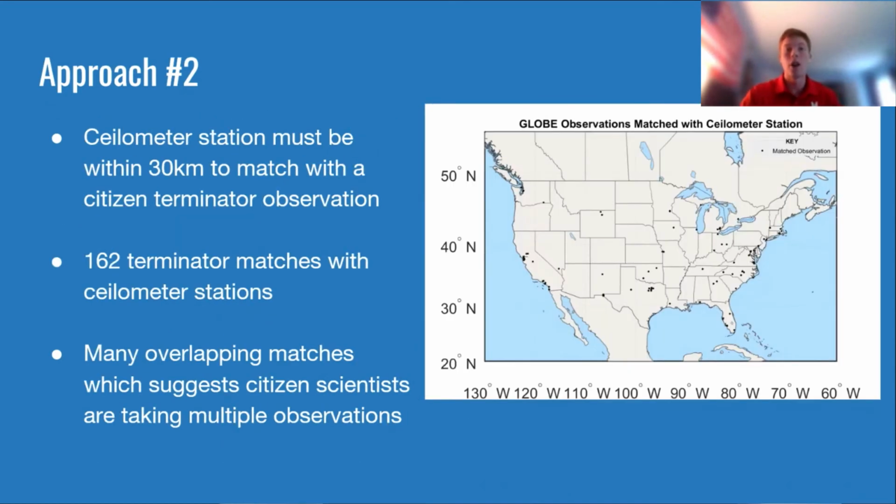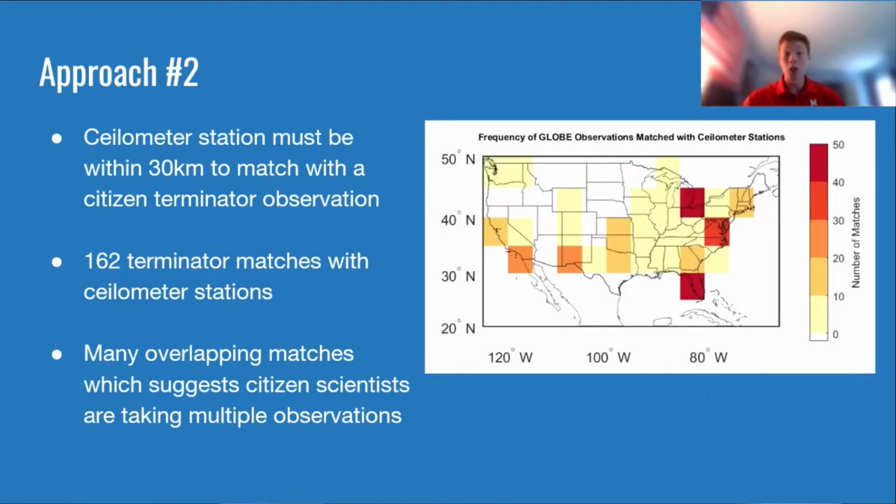This here is a graph of all the times ceilometer stations and citizens were matched. It may not look like there's a lot of matches, but that's because a lot of our citizens take multiple observations and contribute a large portion to our data set. So this, I think, is a better representation of what you're seeing. We have the heat map, where again, we do have the hot zones near Langley, Florida, Eastern Michigan, and Ohio. And that's because we have citizens who contribute a lot of observations in those areas, as well as some others. In total, there was about 162 matches with ceilometer stations within the continental United States.